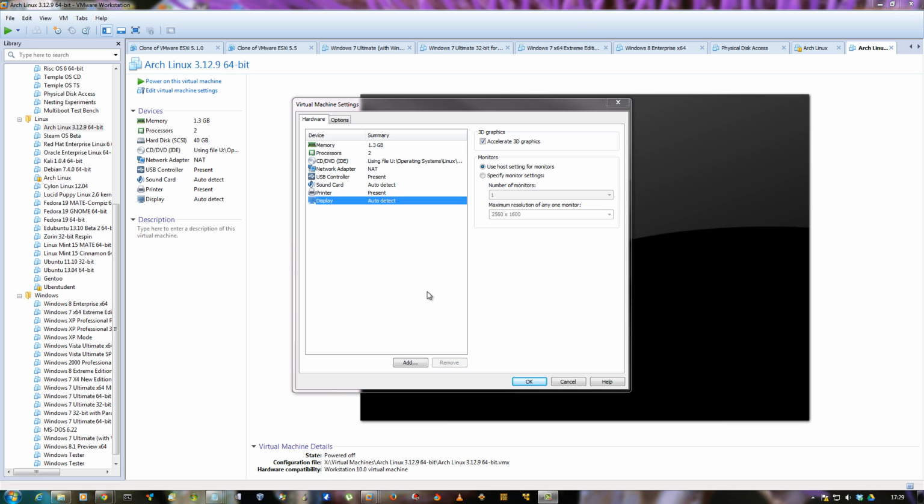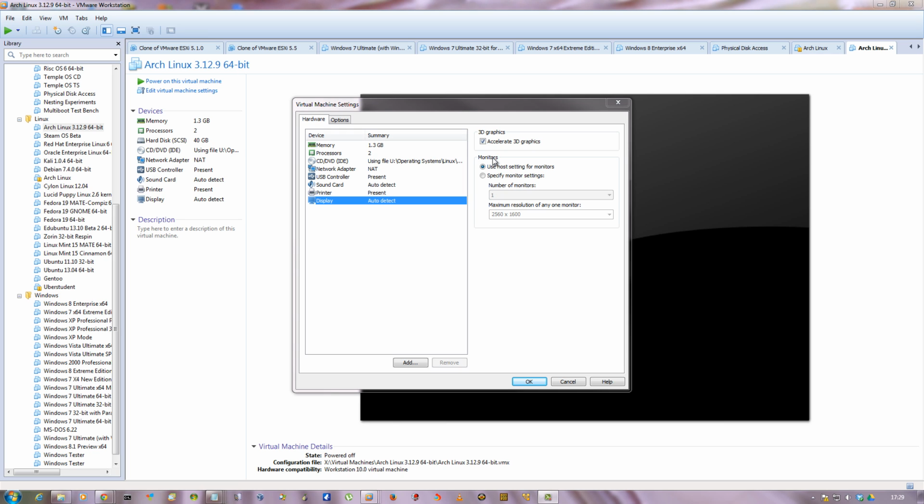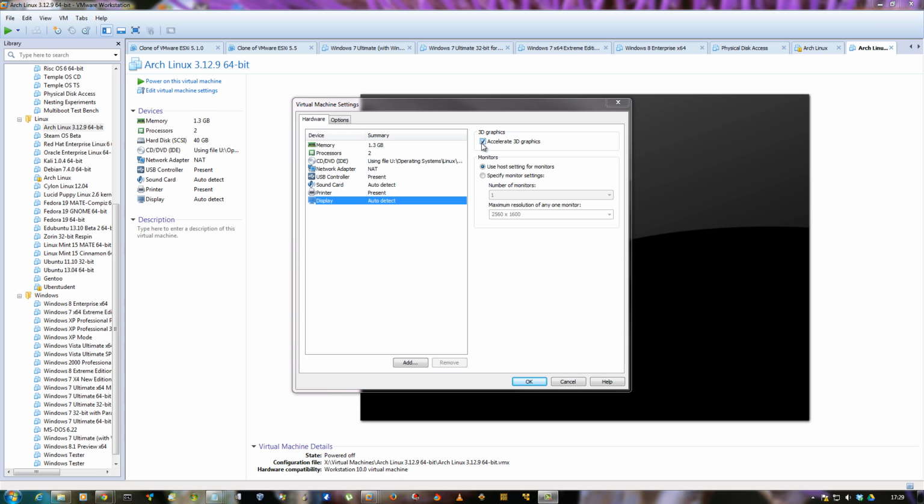Now where we left off last time I was doing the video, we were doing virtual machine display settings. I always enable accelerate 3D graphics because I like to use the extended graphic capabilities of VMware Workstation 10, so they're really good. So what I'm going to do is click add,